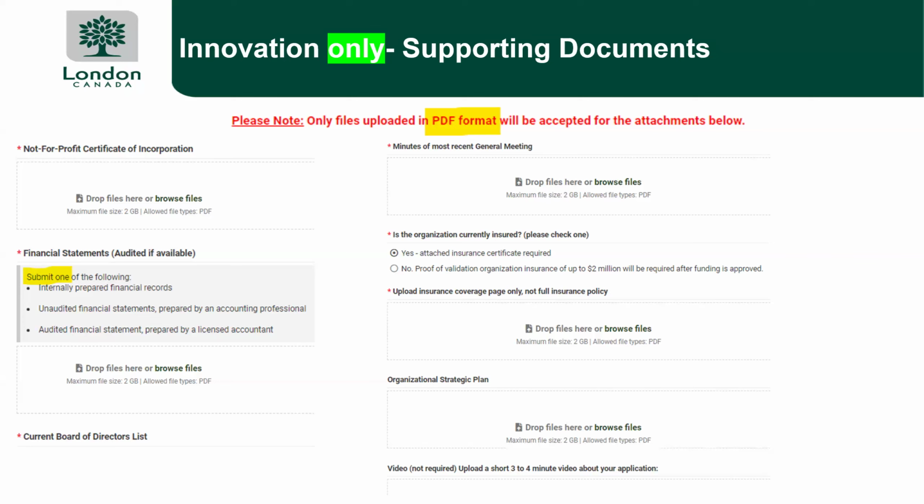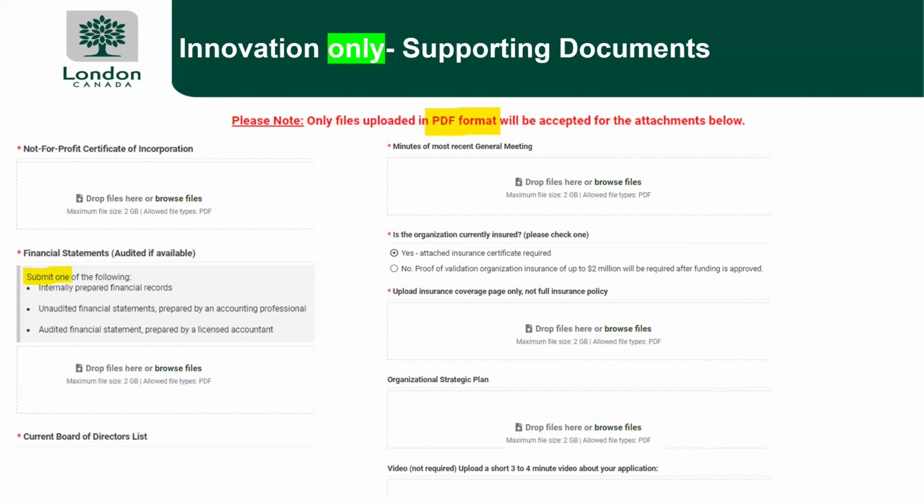Is the organization currently insured? We have a yes/no option here. Yes, please attach your certificate. You only need to attach the front page that gives us the insurance company and the dates for your insurance. We don't need the 65-page document attached. If you click no, you don't have insurance, that's okay.